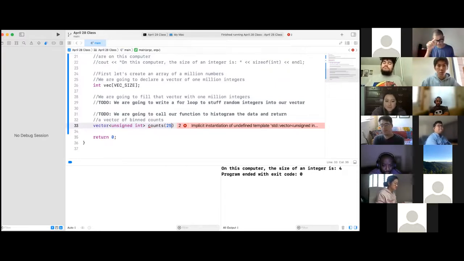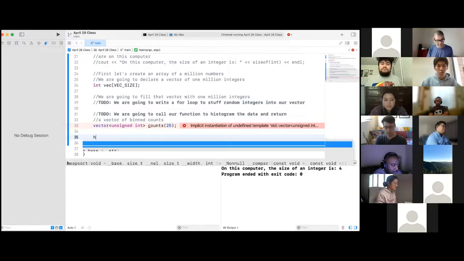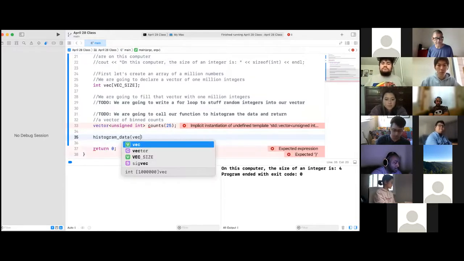Now put a semicolon after the closing parentheses. Right. On the next line, now one more blank line, right? And then we're going to call our function right there. Okay. So you can say histogram_data. This is going to be our function call. Okay, underscore data, open parentheses. We're going to pass our vec, comma,